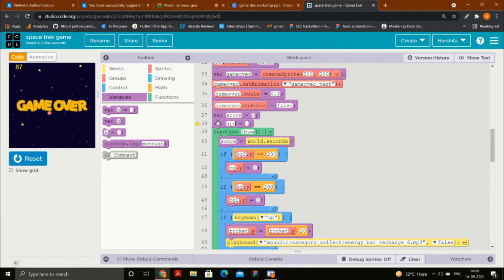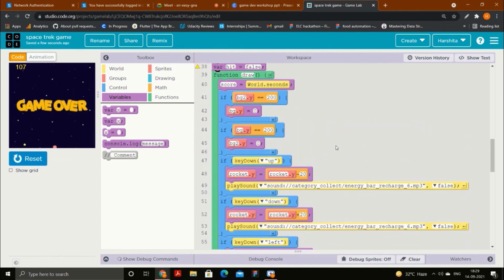Okay. So I will put hit here, and I need to give it some initial value, right? So initially, I will assume that the rocket didn't touch any of the planet. So I will put it false. Okay? False. So initial value. And now I will set a condition that if this rocket touched the planet, then I will say that okay, the rocket hit the planet, and I will set the hit value as true. I will change the value and I will set it as true.